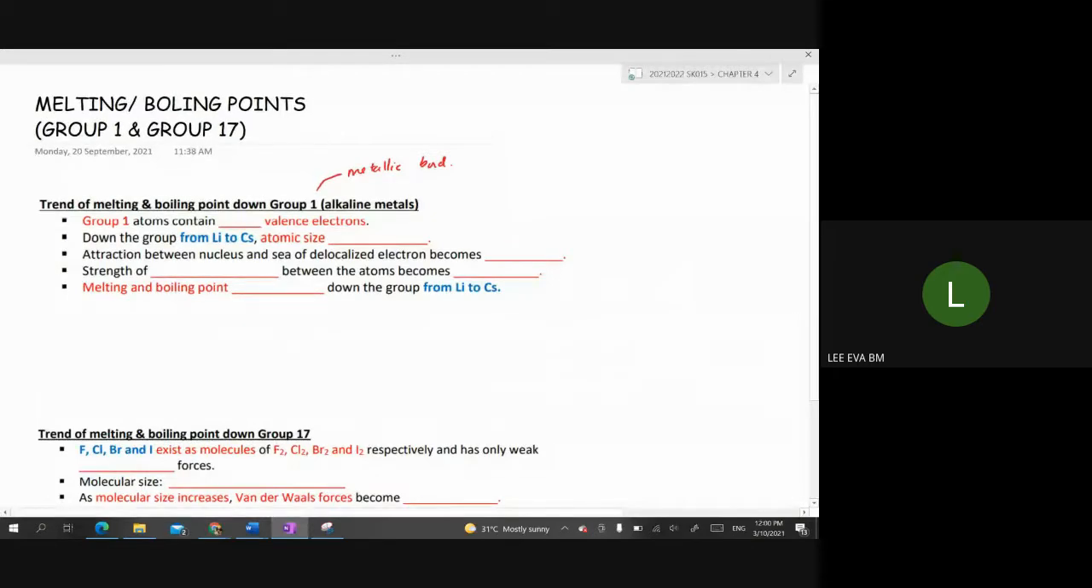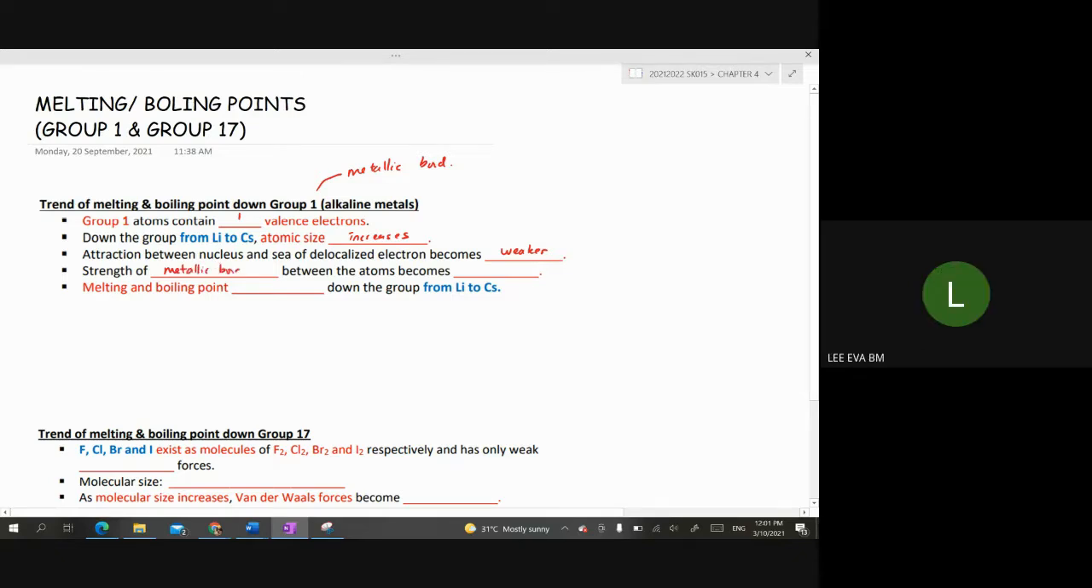Group 1 contain? 1 valence electron. Okay, 1 valence electron. So going down the group from lithium to cesium, the atomic size increases. Okay, as you got more shells, you got more shielding effect, the size increases. So the attraction between nucleus and your sea of delocalized electrons becomes weaker as the size increases already, yeah? So how about the strength of, what are we talking about over here? What is the type of bonding we have got for metal? Strength of